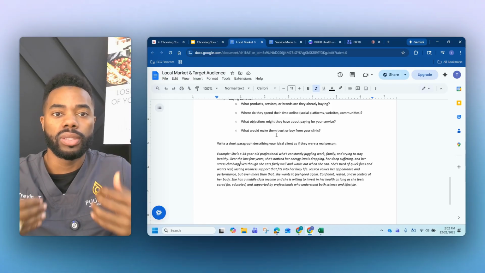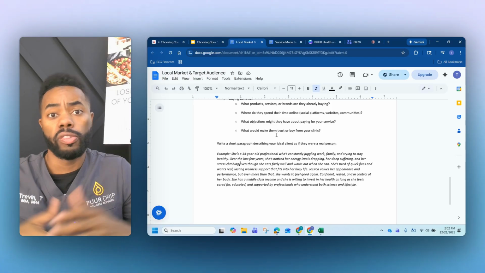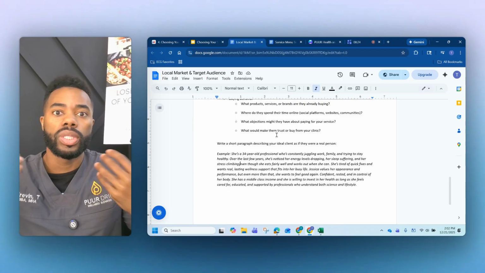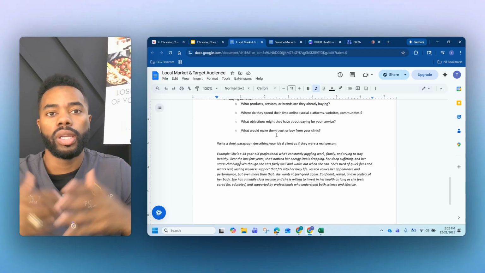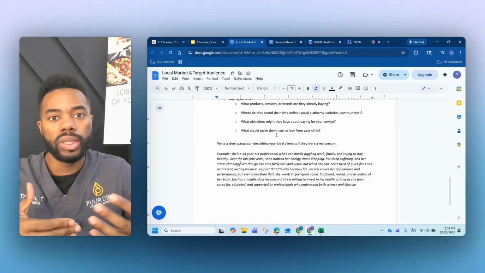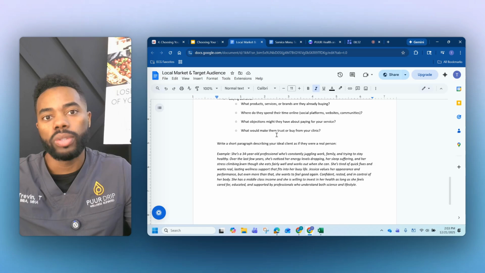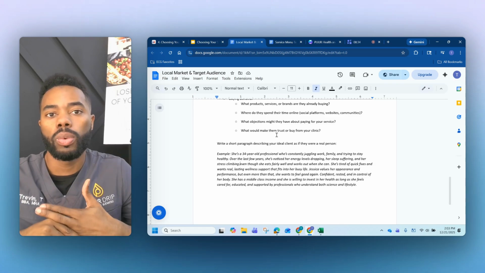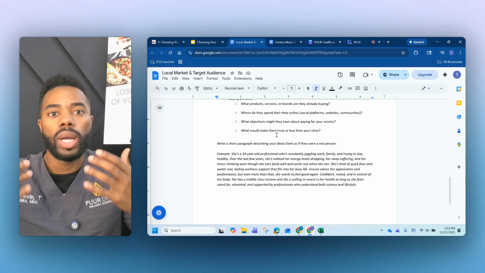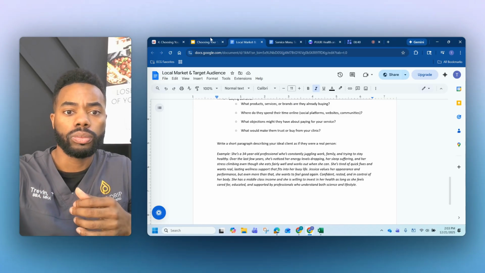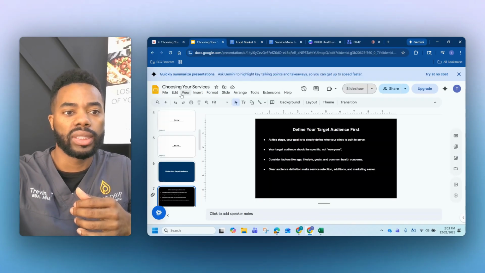So for that reason, we are very, very big on customer service and treating people like family, where potentially if we were in a more luxury area, again, people have money to spend. It may not be as big of a deal to spend. Now, this is not a hard and fast rule, but you kind of see where I'm going with this. So that's why we do this step in the process of launching your wellness clinic. So let's hop back into the slides here.